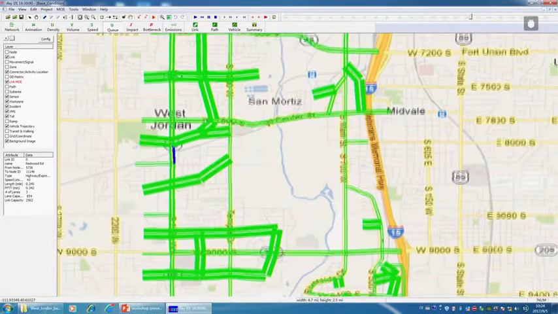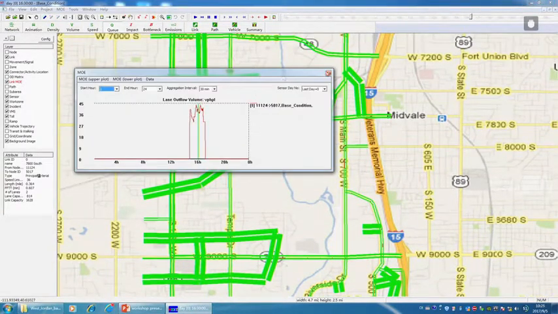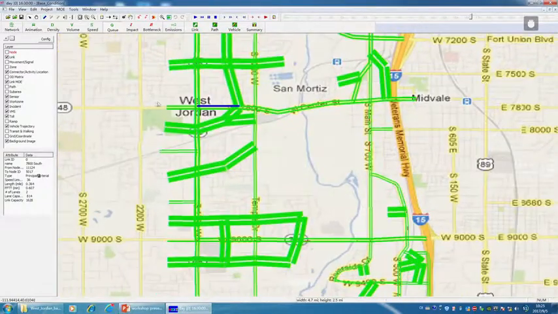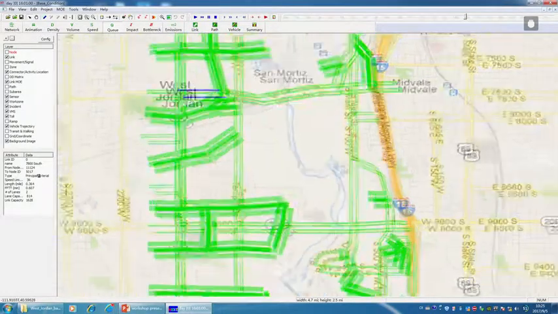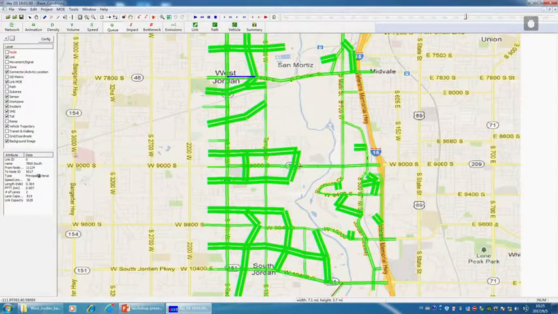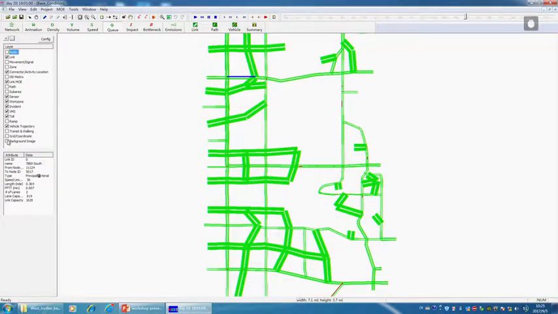Queues. I go to the node layer to make sure when I click on the network, I don't get too many responses. Do we have any queue here? We do see some queues. On this background information, you can always configure. I don't want to show the background image. And